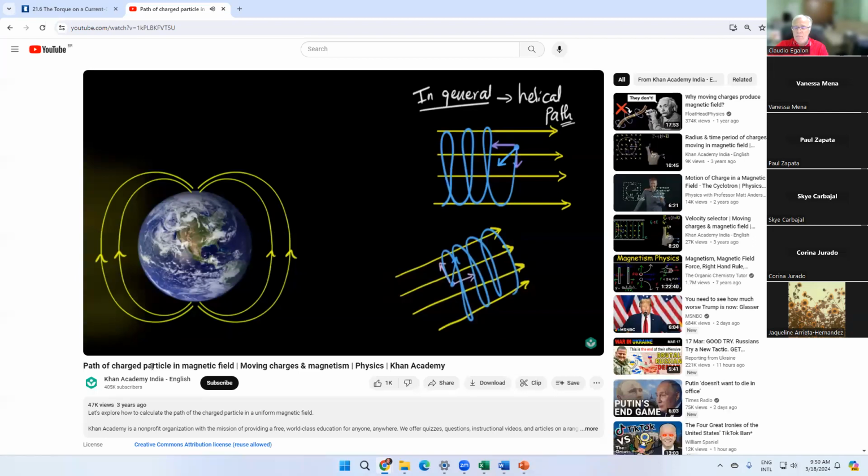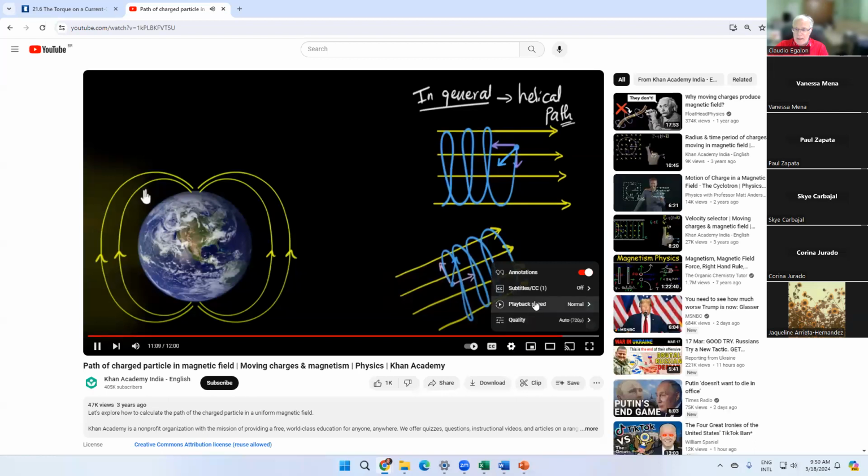Field of the Earth. So it turns out that sometimes your sun launches charged particles, and these charged particles, once they enter into the magnetic field, they get trapped. Because once they enter the magnetic field, they start following the field in a helical path like this. And eventually, they will follow all the way towards the poles, and notice that's where they enter into the atmosphere. The same thing could happen on the other end as well. So if the charged particle gets trapped over here, it will follow the field and enter into the atmosphere only at the poles, because that's where the magnetic field starts and ends.